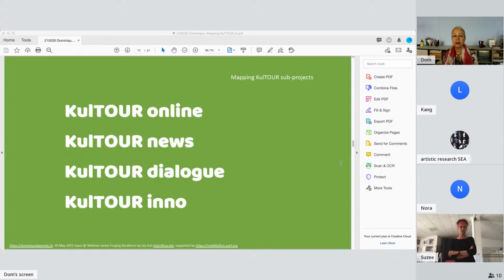The sub-project news tackles the problem of different agendas in different cities. They're not well connected, so the scene is fragmented. We will not replace any existing newsletters or agendas, but we will make them all accessible to this online community. We plan that online and news will be established by the end of this year, and then we'll focus on making the community popular so that most culture workers will be part of the network by 2025.